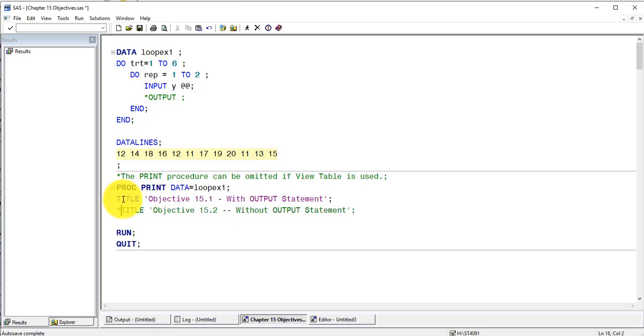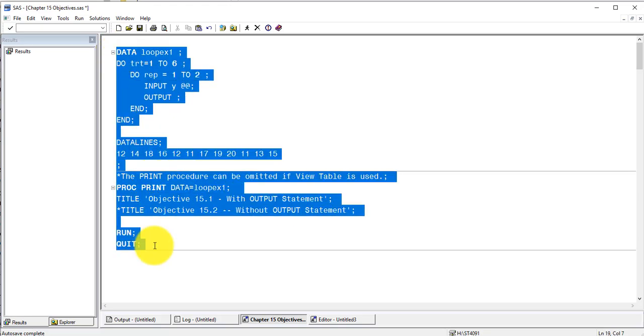or objective 15.1. What you're noticing I'm doing here is commenting out statements. Up here the output statement was in green, because I had an asterisk in front of it. I deleted that asterisk and enabled the output statement. That's what 15.1 is about. We're going to suppress the output statement for objective 15.2. So I take all this information and I can submit this,